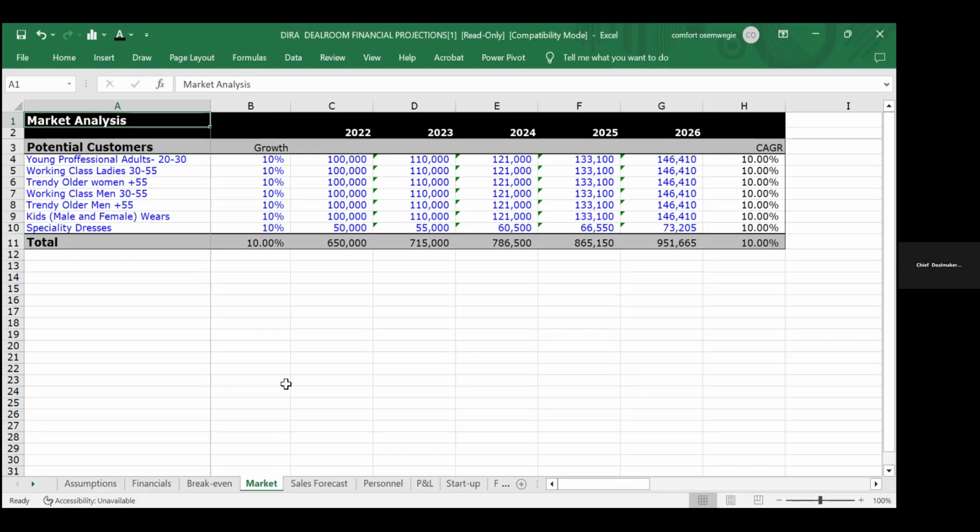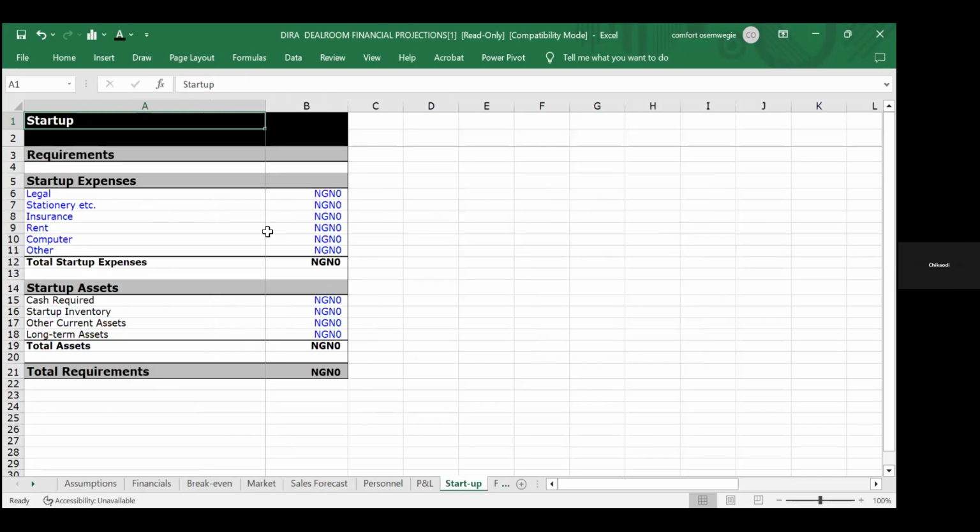So the idea is we tell our startups every time: by the way, here you see what is called startup funding. For you that is a startup, you will need to fill this place. That doesn't mean every one of us will not fill this, but just to emphasize that this Excel sheet works both ways. Whether you are a startup or not, you are running a business. It's just the generic